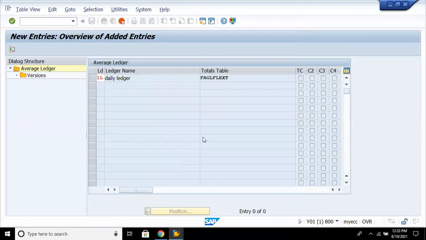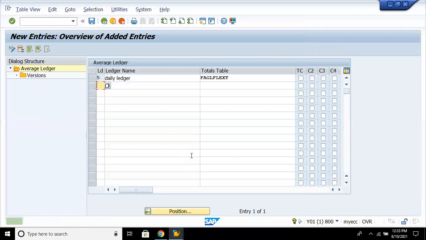We went for 1L, enter. Okay, so we have given a ledger code, enter, save, select the row, double click on versions,